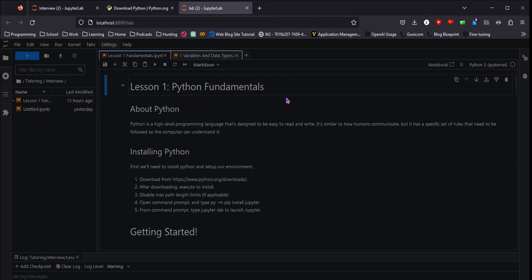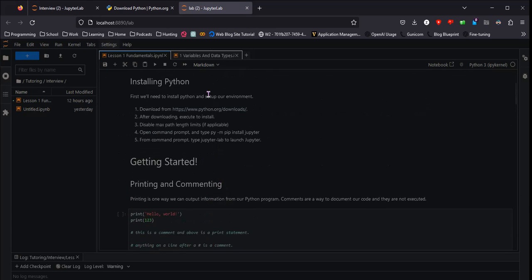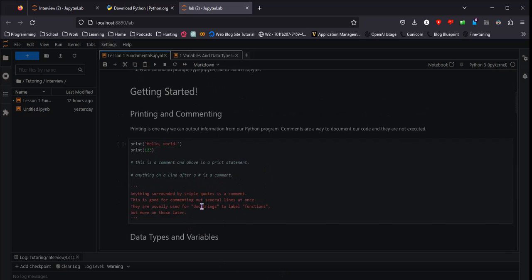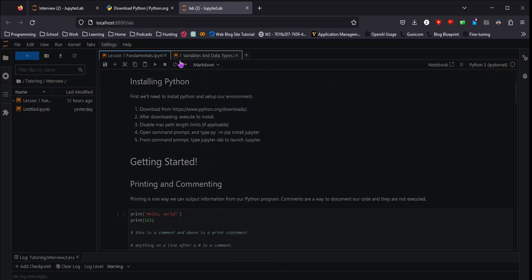This is the environment I'm going to use to teach you guys Python all throughout the series. It's a really easy way to type in code and quickly have output shown to the screen. It's very, very good for instructors to have all this markdown. That's what they call it, all this